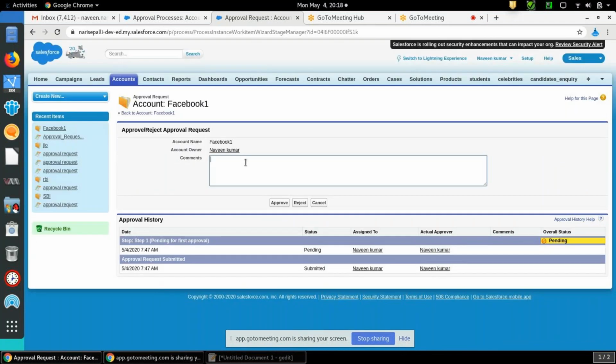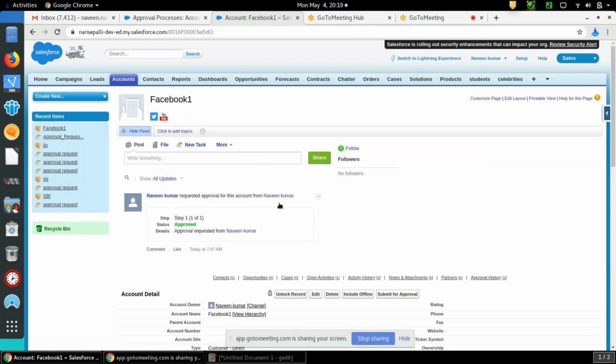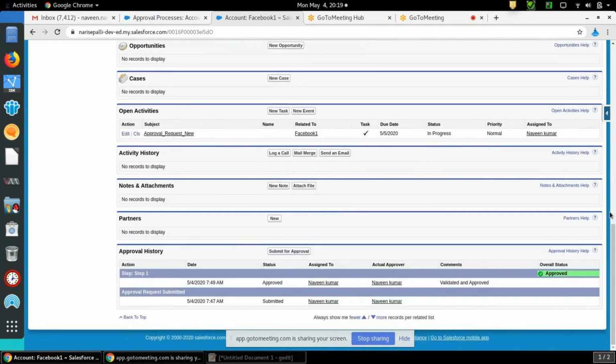So you can mention something like validated and approved. So I'm approving this record. Once you approve, it will go to the approved stage. Can you see the green button, Approved? Okay.